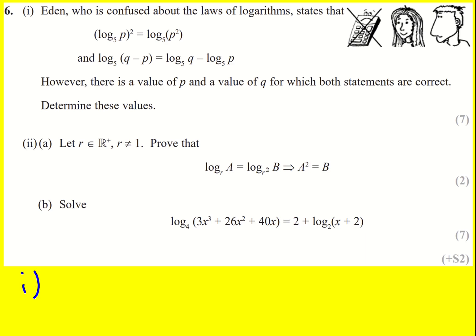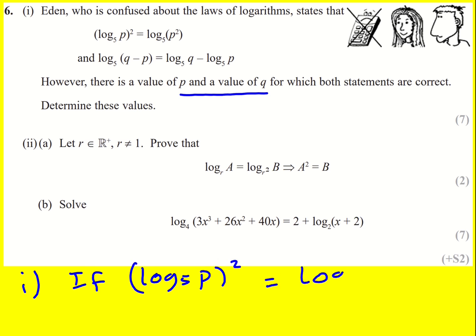In part one, we have to deal with some misconceptions within logs, but find the value of p and q for which they would be okay. So I'll look at the top one to start with because that doesn't involve q. And I can write down if log to base 5 of p squared equals log to base 5 of p squared like this,